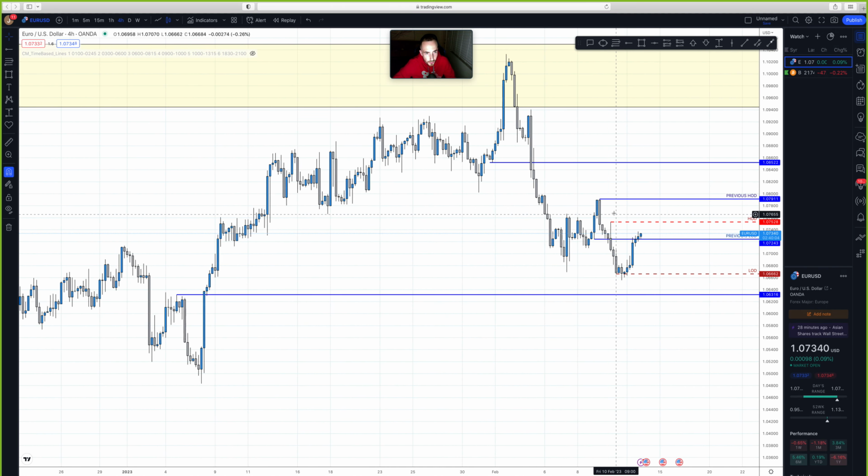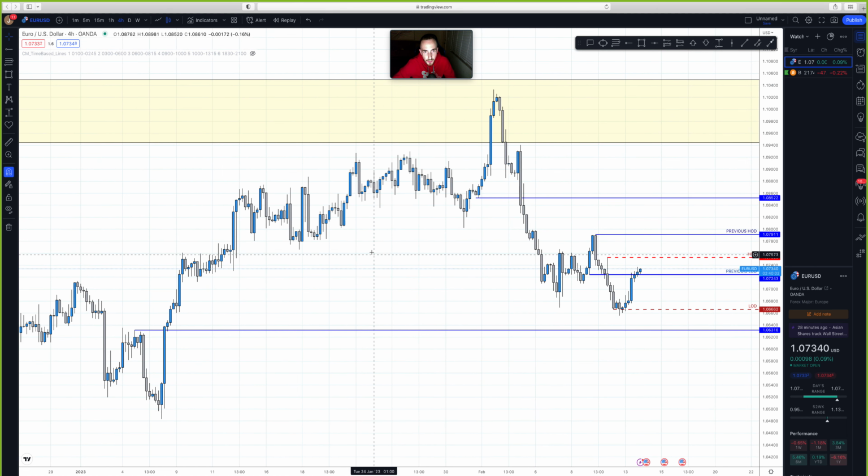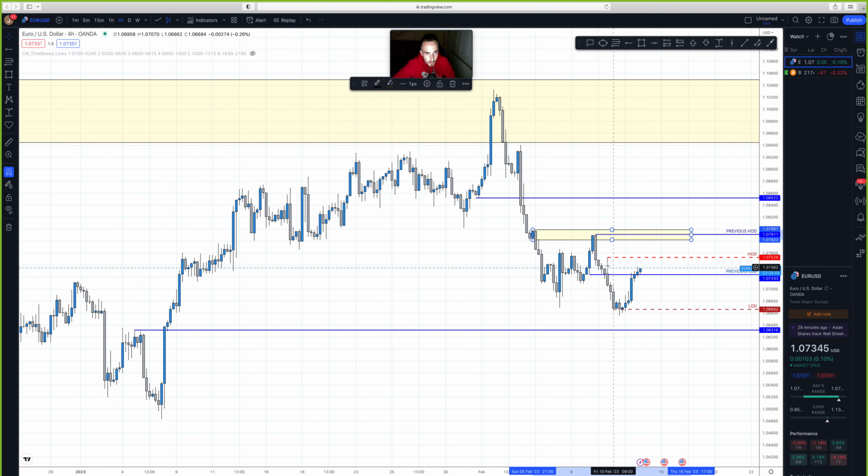So now let's go to H4, see what we're working with on H4. I want you guys to notice that we have this area right here. Let me actually mark it like this. This area of supply that we used on Friday, that you could tell how price used this area right here to give us this movement to the downside. Actually, no, this was not Friday. This was on Thursday. I also broke this trade down as well. I caught this sell here, and I caught this sell on Friday as well.